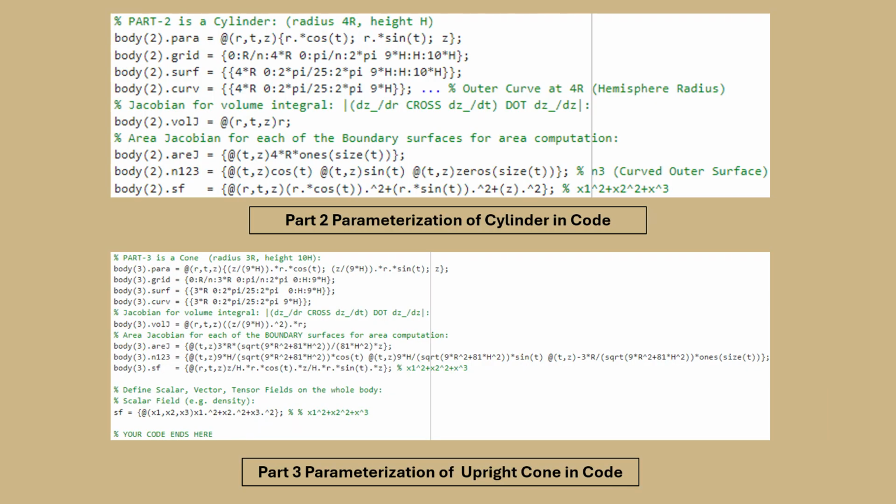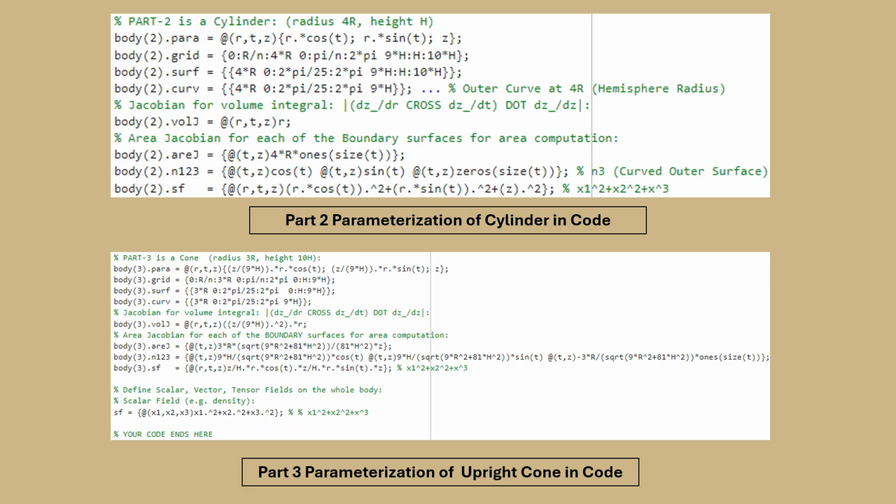Next are the last two parts of my snow cone, which are the cylinder and the upright cone. For the cylinder, I only had to define one unit normal vector, which is the outer surface of the cylinder. Finally is the area Jacobian, unit normal vector and scalar field for my upright cone. The upright cone's unit normal vector is the curved outer surface of the cone, which you can see kind of